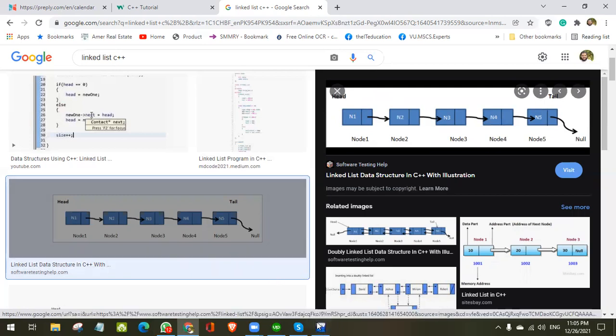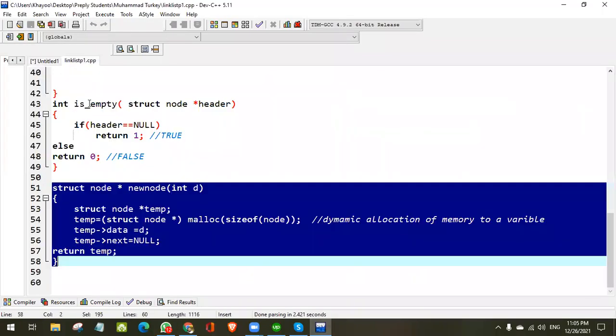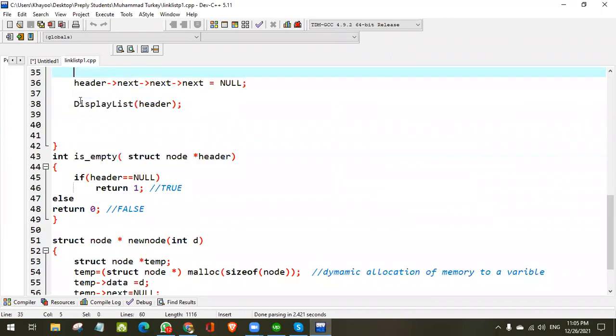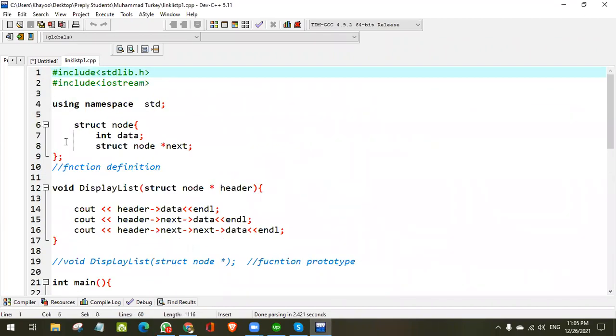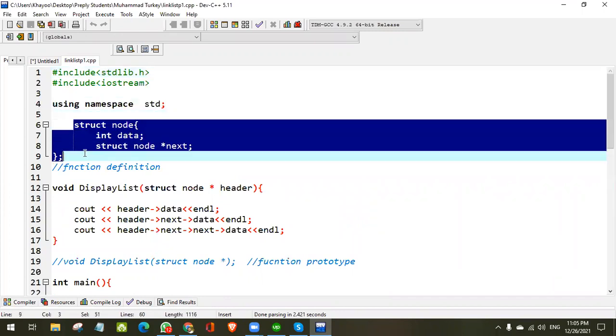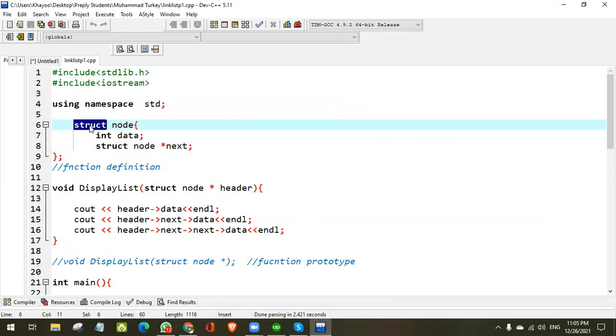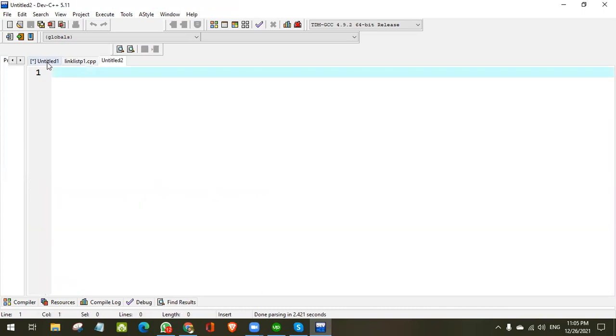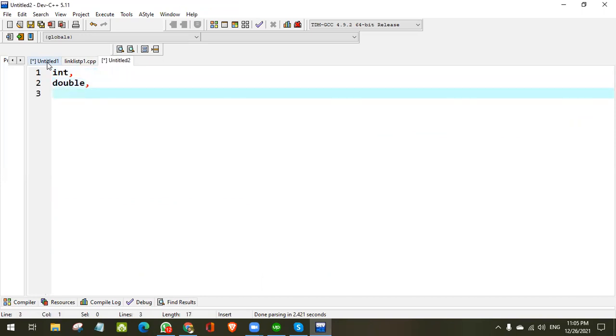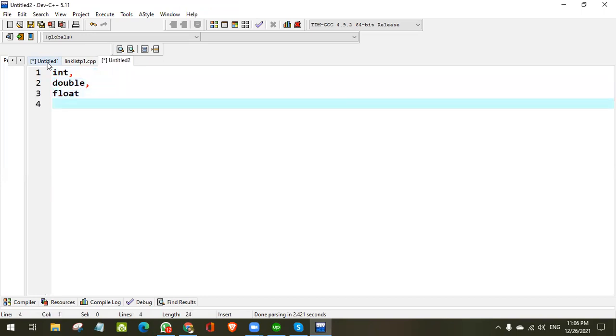We go here and we define a structure here. This code, you will have to learn this code. This only portion. C++ provides us a mechanism to define a structure variable that is also called a user defined data type. In this you can define the name. For example, I told you here, you can type the structure. Look at here, we have integer data type, we have double data type, we have float, and like this one. You understand?